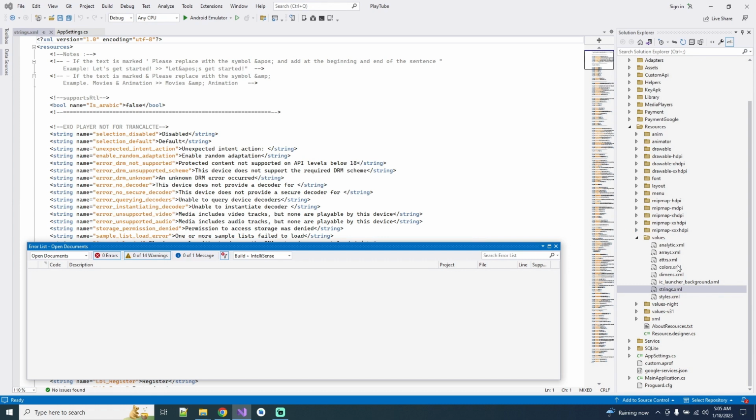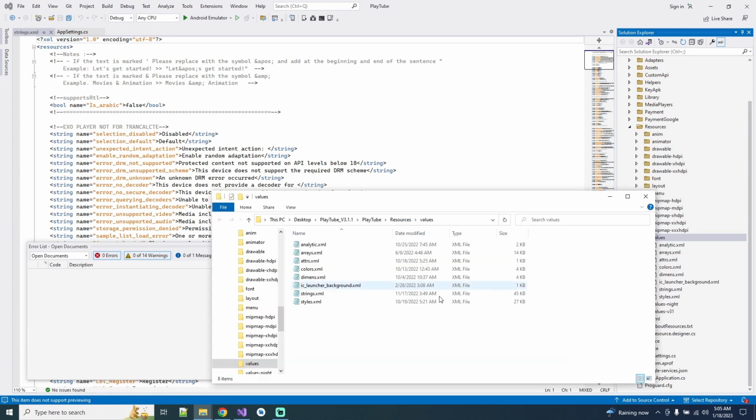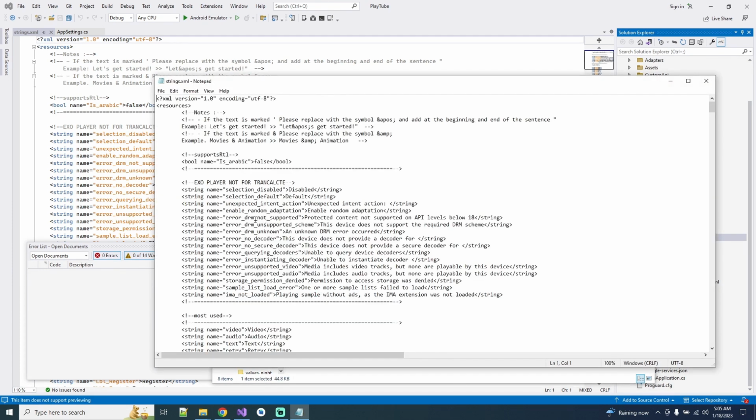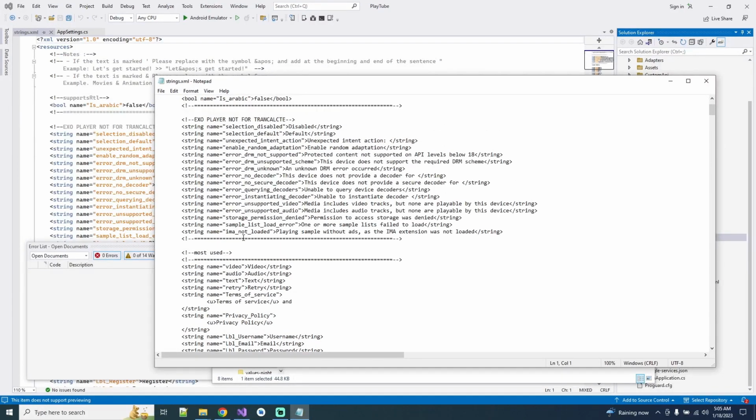So how will you translate it into your local language? I will send you this string file. You will simply open this and translate. Take care of some things. Let me explain. First of all,